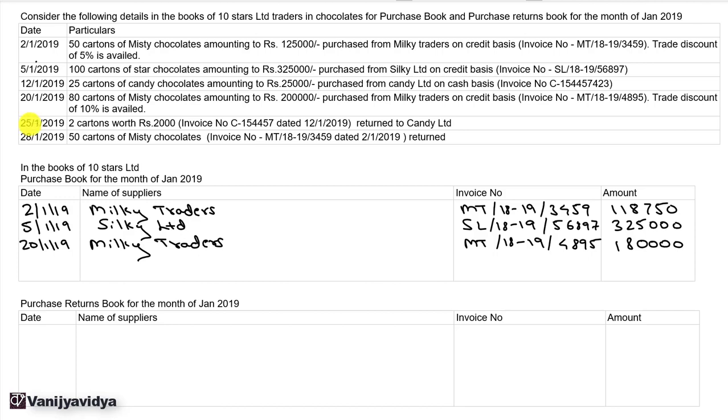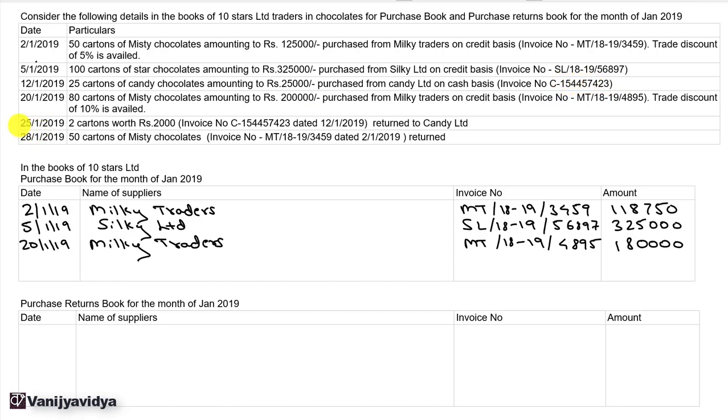Next, 25th Jan 2019, 2 cartons worth rupees 2,000, invoice number C154457 dated 12th Jan 2019, returned to Candy Limited. Now there was some purchase from Candy Limited. What is the invoice number? 154457. Let's trace it. So this is the invoice number